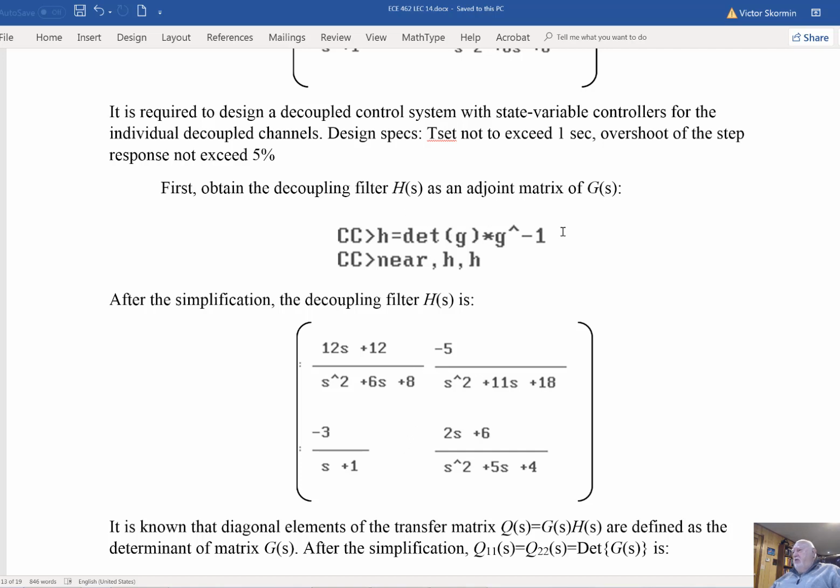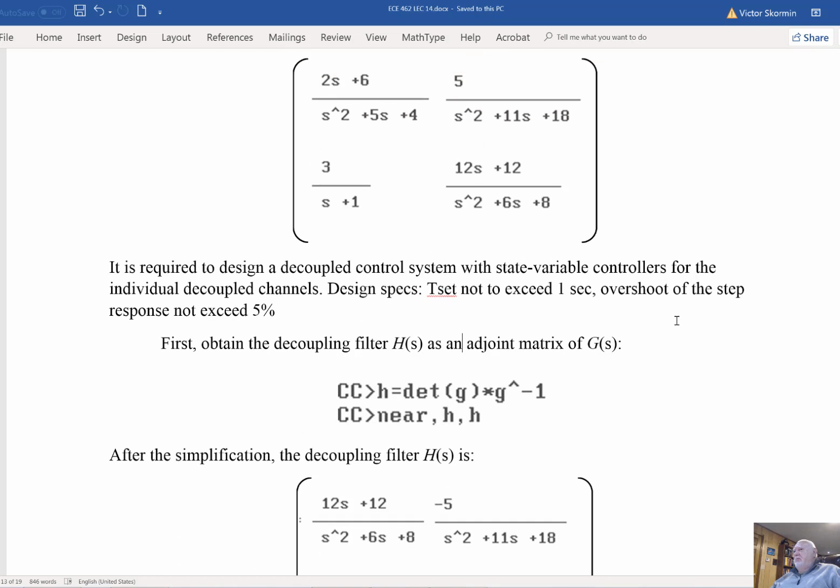Did I really have to go through the computer tool? Probably not, because I know how to get an adjoint for a 2x2 matrix. Look, these two diagonal elements will exchange their positions, and off-diagonal elements will stay where they are, but will get opposite signs, and you're getting the adjoint. However, there is a good reason for using computer tool, because